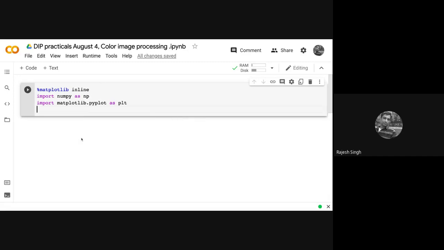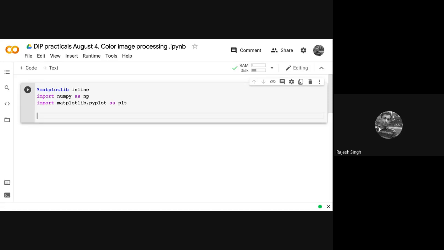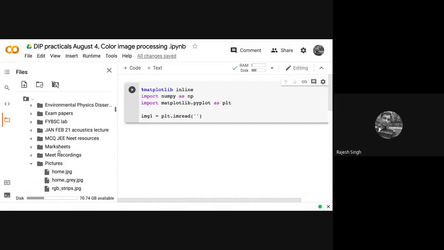Now going ahead, let me show you how you open an image or read an image from your drive. That can be done quickly. So I would write img. This is my basic image, so let's be a little careful about the nomenclature. img1 is my plt.imread, bracket and quotes, and then I can put the path of the file that I want.